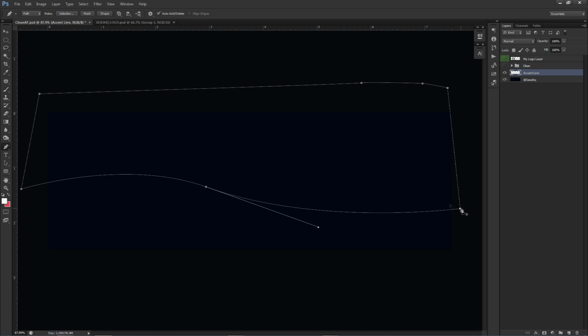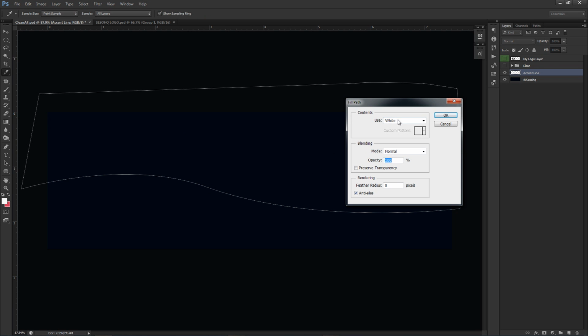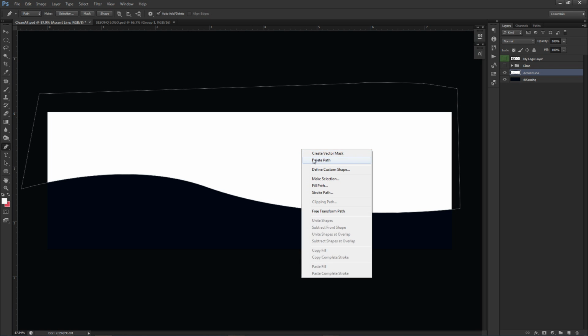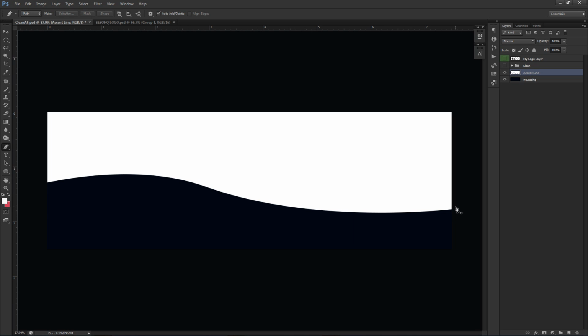So I'm going to connect this really quick to show you guys what I want. I connected it, make sure I'm going all the way around the actual canvas. That way, when I right click, fill, drop down, use white, it's going to fill this in just like so. This is what I'm looking for. A nice simple curve going up, and then flattening down, going back to the middle